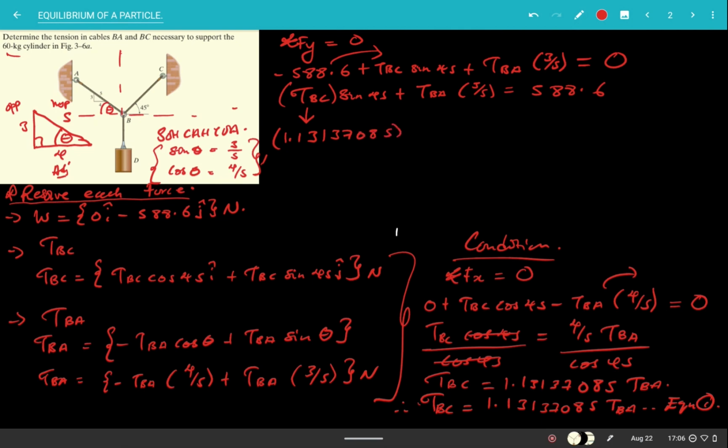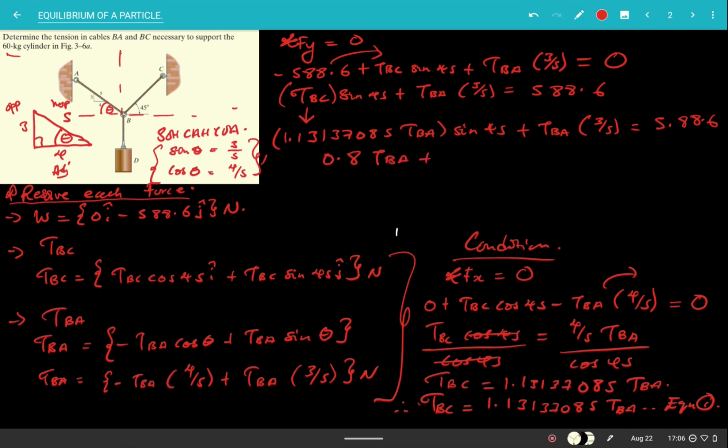1.13708.5. Sorry, it should be then TBA times sine 45 plus TBA times 3 over 5 is equal to 588.6, like that. Then all I'm supposed to do is to multiply this. Now, even if I got 1.13, then I multiply by sine 45, I'll still get the same value that I want. But in this case, since I had to make equation number 1 to have the entire thing here, I'll just do the same. So if I multiply by sine 45, I end up having 0.8